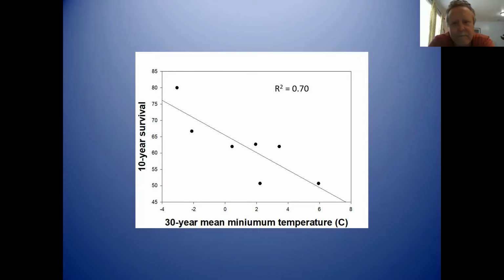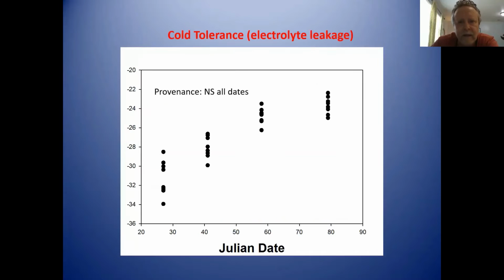So the warmer the temperatures of the areas the seed sources came from, the more mortality there was. And I thought, wow, this is great. I'm glad I finally looked at that. That indicates there are differences in cold tolerance, but we actually went with the University of Vermont,